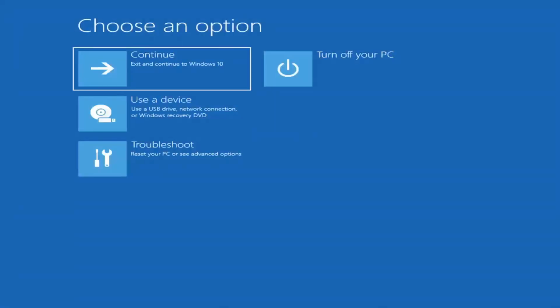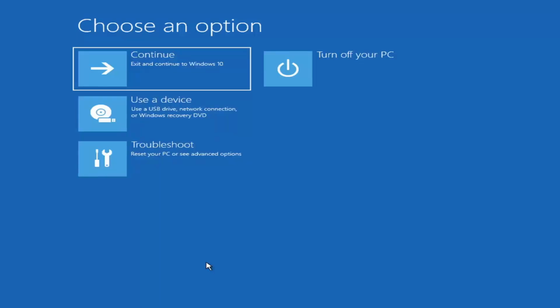First thing I'd recommend doing is to boot to the troubleshooting utility on Windows 11. If you do a hard power off 3 times in a row, Windows should automatically attempt to launch the startup repair utility. And if it doesn't find anything, it will give you the option to select advanced settings, in which case it would take you to a screen that looks like this. Now, if it does not take you to a screen that looks like this, or you're unable to get to that,